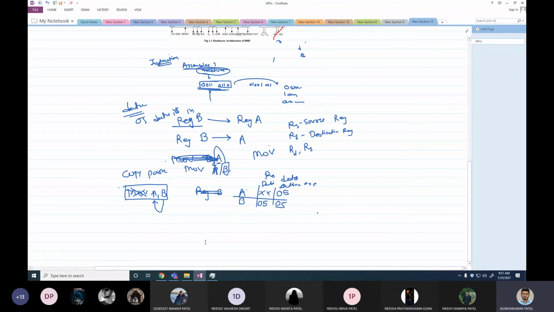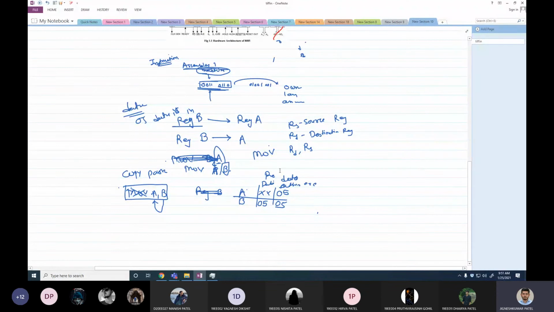Okay. So I hope you understand this well. This is a very basic instruction. This is the first step to study the assembly language of 8085, or programming 8085. This is a very basic program line. This is a data transfer operation between two registers.